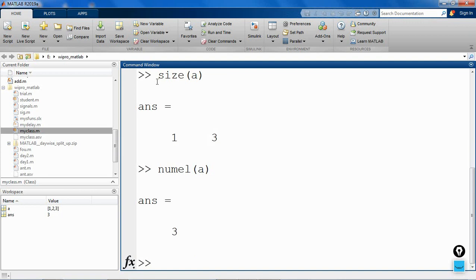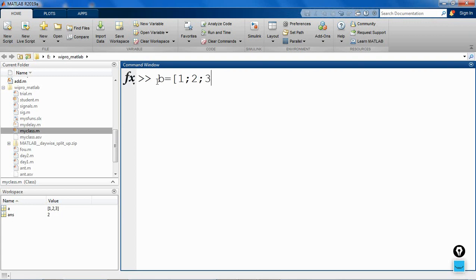You can check the dimensions of a vector. ndims of A will return the number of dimensions of your vector. So here it is returning 2, indicating it has a row as well as a column. Now let's create a column vector. So B is equal to, use square bracket. So here the elements must be separated using a semicolon. So this creates a